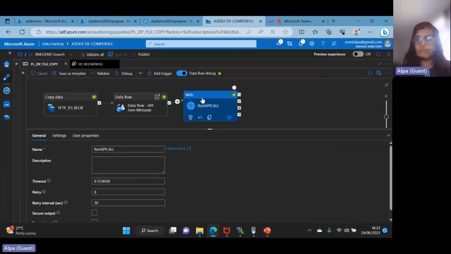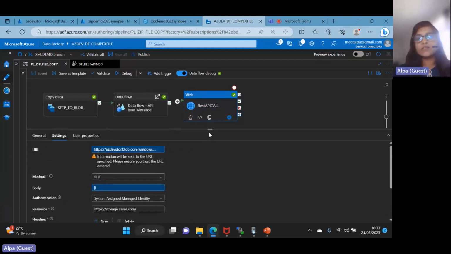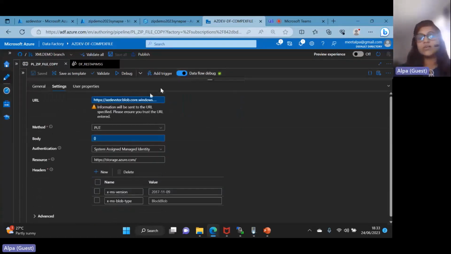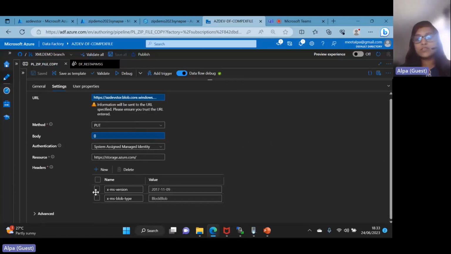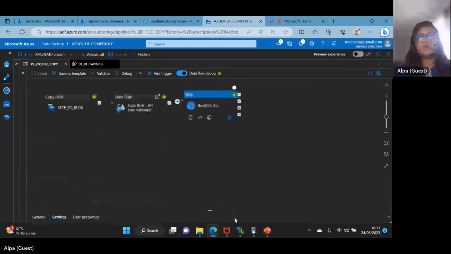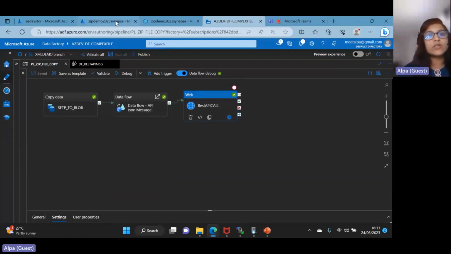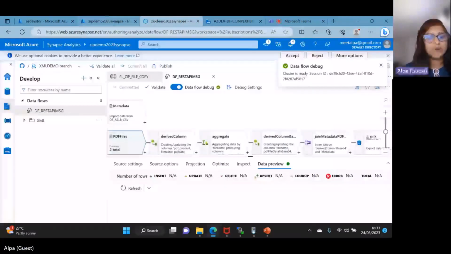For that you need a web activity, and you need to use a URL and a few other properties. Here I have used this REST URL of blob storage, and I'm placing the file. But you need to do the same thing. You need to have a URL of the Salesforce API or other APIs as well. You select the method, you select the message as well, and then you pass these two pieces of information, which are the main ones, and that's it. So now if I check here in blob storage,